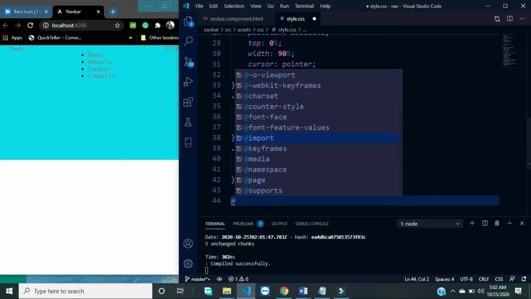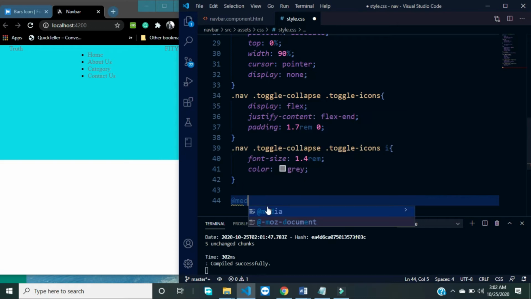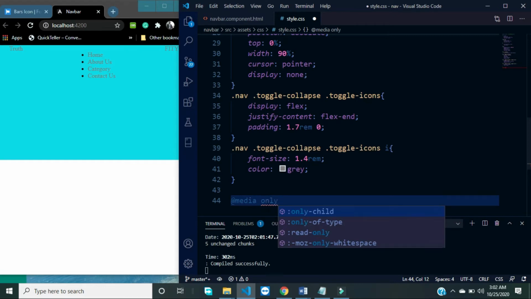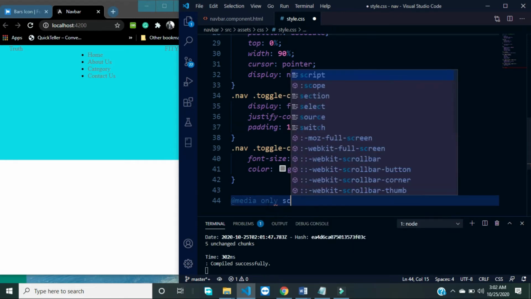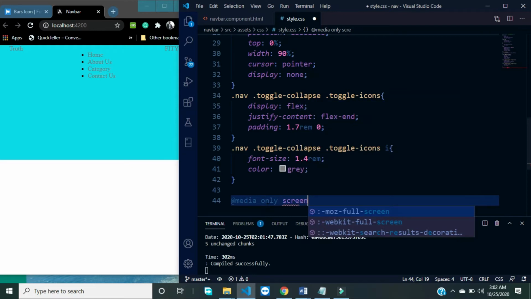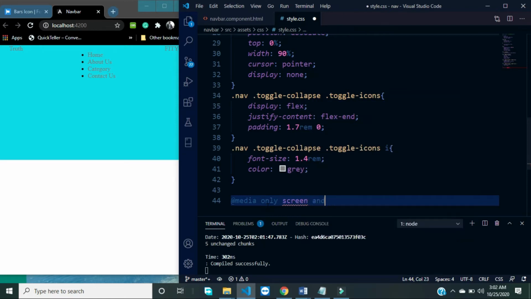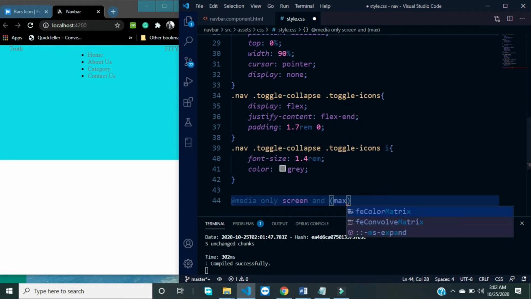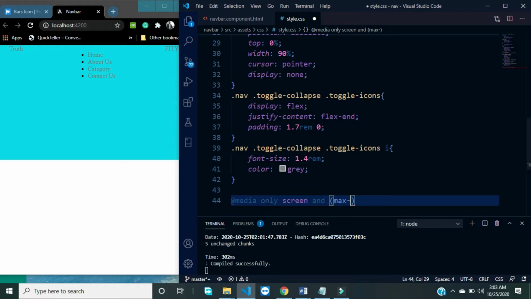So the media screen only, so that when we use our mobile phone to view, you can see that we'll have the responsiveness, you know. So width,